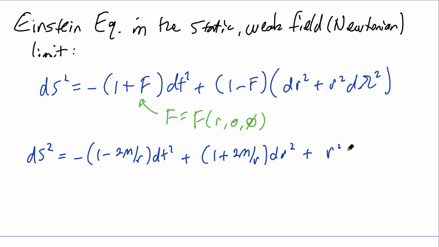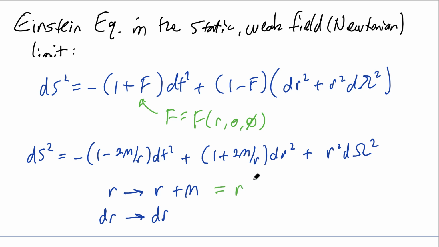Then we have r squared d omega squared. Now, to convert this metric into this form, we just need to replace this r coordinate here with r plus m. So with that replacement, dr is just dr, so we're just shifting r by an amount m. And notice